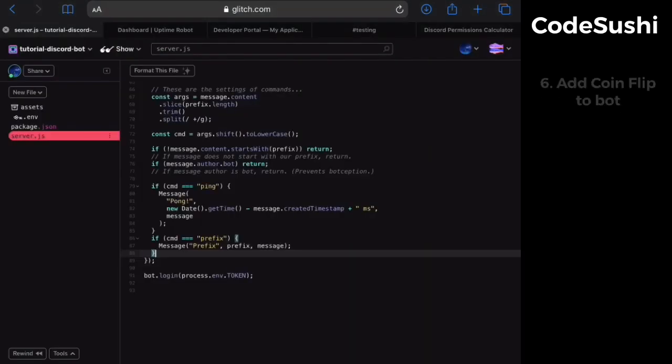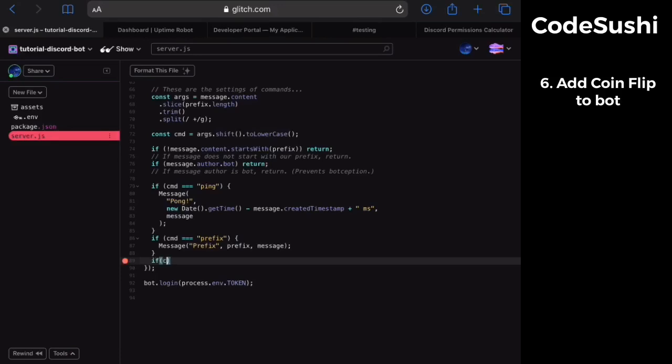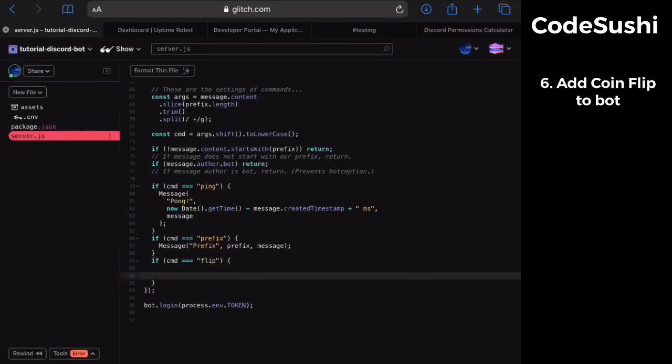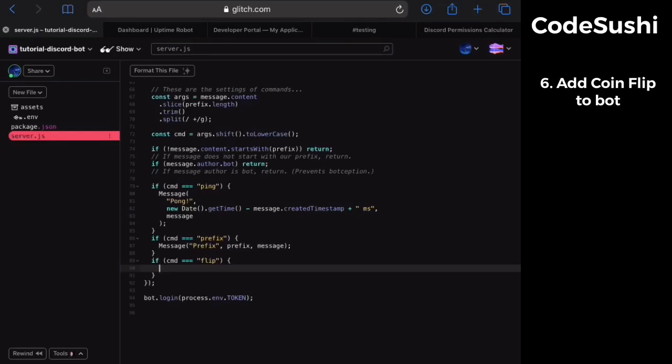So let's go back over and let's create our own coin flip command. So you can see here the command is currently just ping prefix. So we're going to create a new if statement, which says if command is equal to flip, not prefix, flip, let me fix that. There we go. So it's a simple if statement that says if the command is flip, let's create a variable called coin flip, and it will be equal to